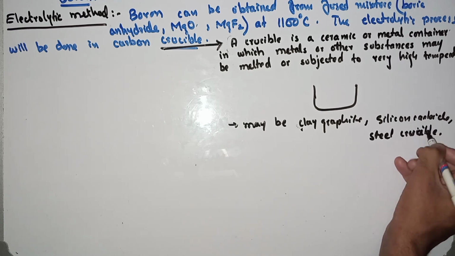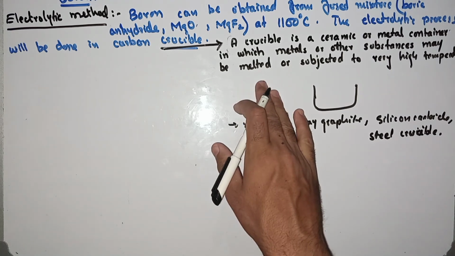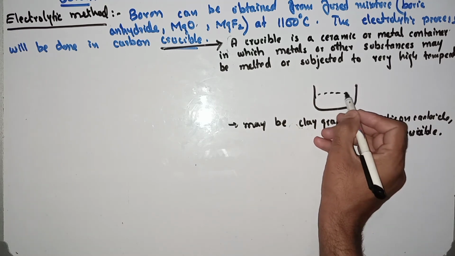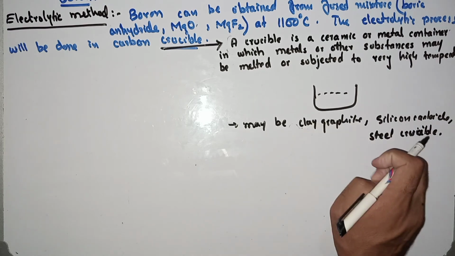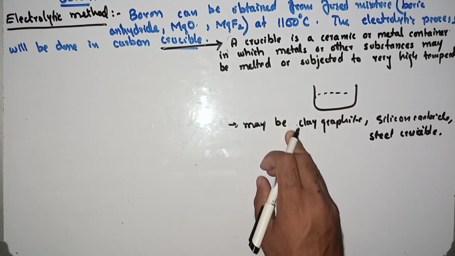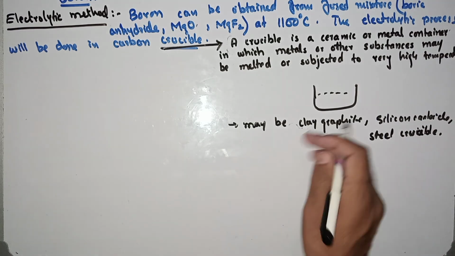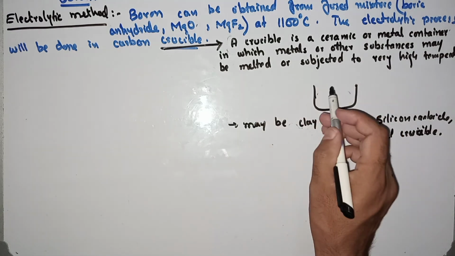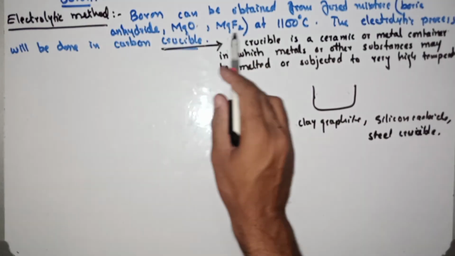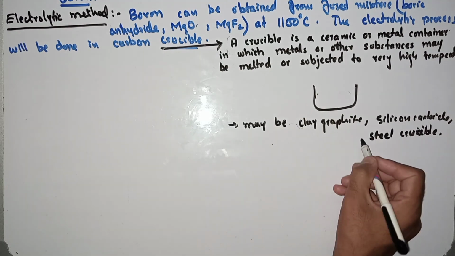These all are crucibles. At very high temperature, any metals, compounds, or other substances can be melted in a crucible, because the melting point of a crucible is very high. It cannot be melted at ordinary temperature, up to very high temperature. So when we add this fused mixture that contains boric anhydride, magnesium oxide and magnesium fluoride to this crucible, this carbon crucible,